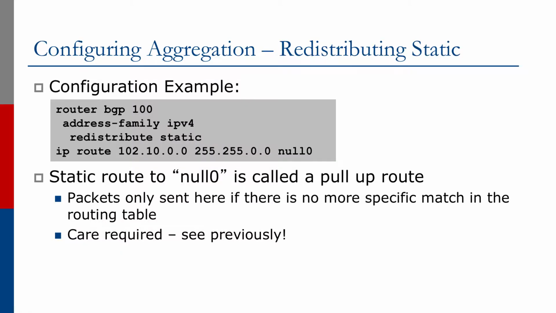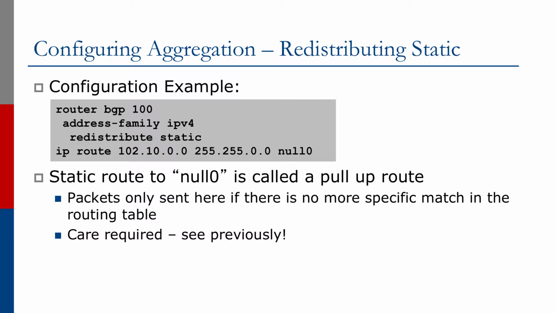So first off, redistributing static. As with introducing a prefix into BGP, the redistribute static can be used for introducing the aggregate as well. Now, rather than having a specific prefix pointing to an interface or any customer link, we now set up our aggregate and point it to the null interface. In Cisco IOS, it's called null. Other vendors sometimes call it the discard interface, but it has the same purpose. Packets that get sent to that interface are discarded by the hardware in the router.